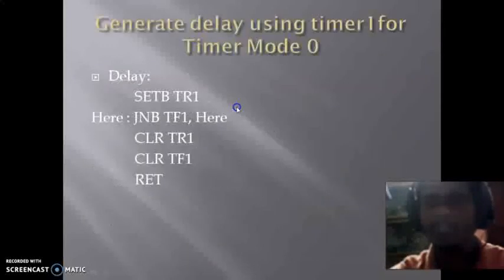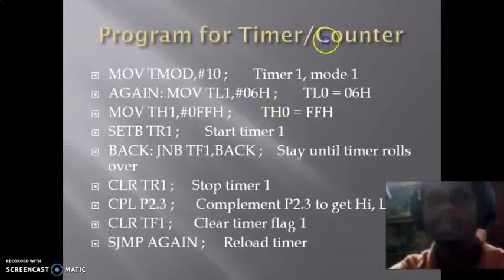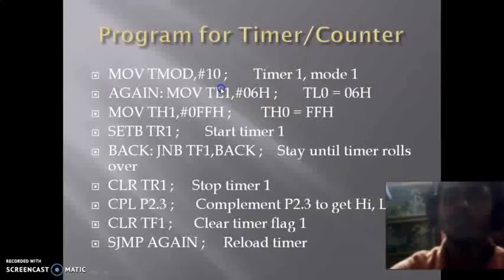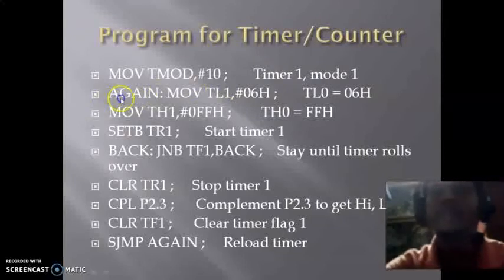So here we are selecting timer 1 mode 1. Then MOV TL1, #06 is stored into TL1, and FF is stored into TH1. So the counter is already set by storing into the timer 1 registers.